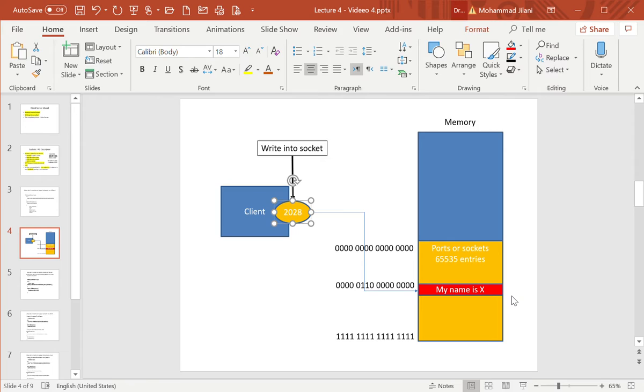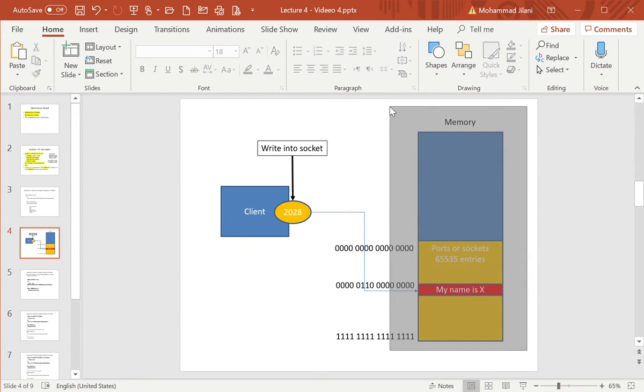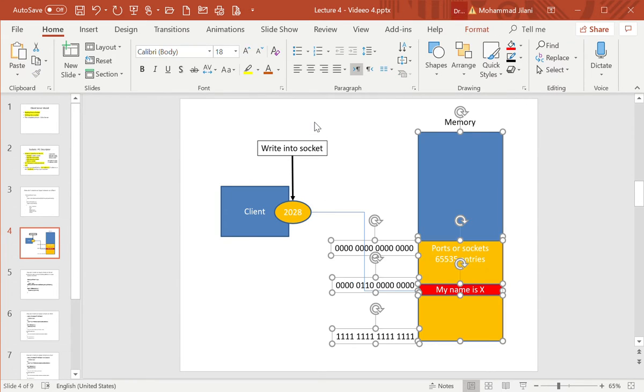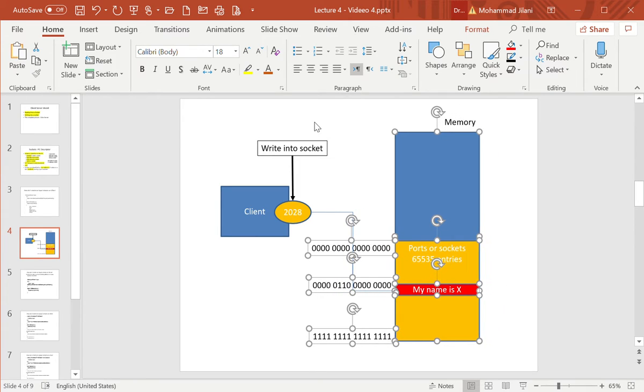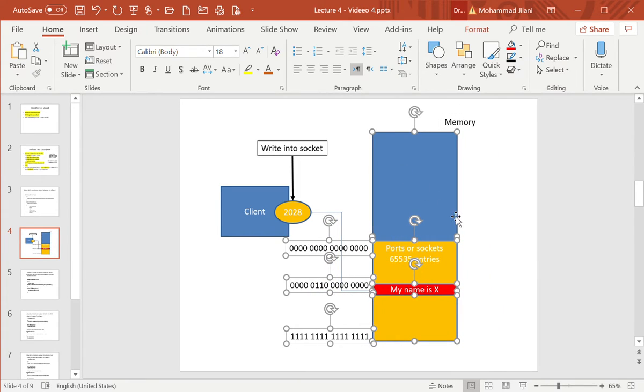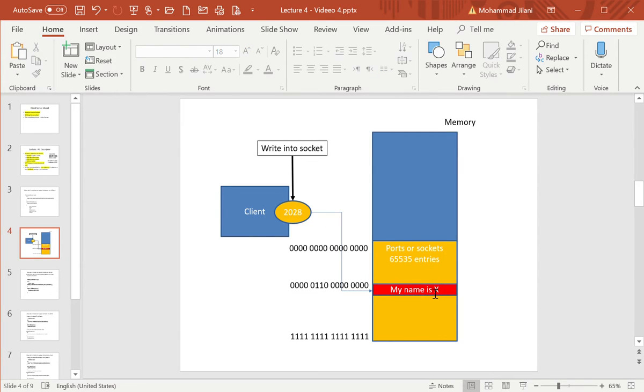Now I want to show something more, probably you already know, so that you don't have to argue with me, and you will tell me, well, Professor, this memory location is only 1 byte. How do you write the my name is X? Well, my name is X would be 1, 2, 3, 4, 5, 6, 7, 8, 9 characters, and each character takes 1 byte of memory. So really, in reality, what you will do, you will write